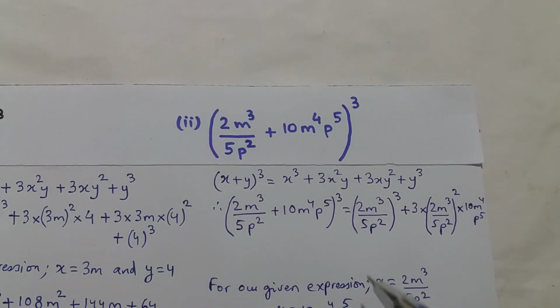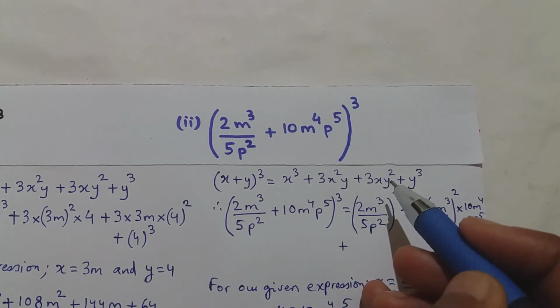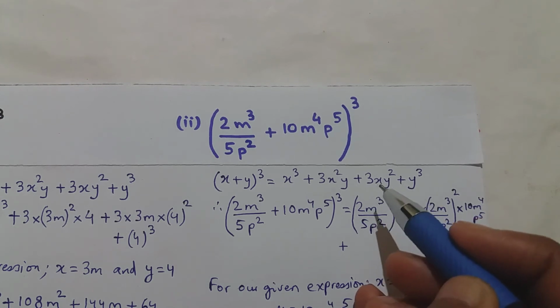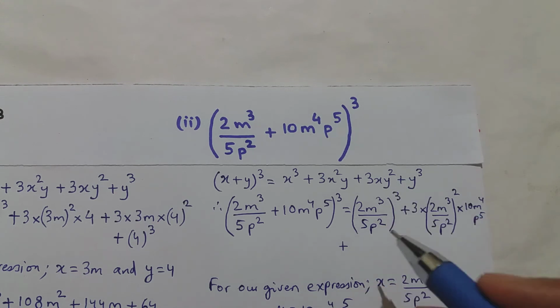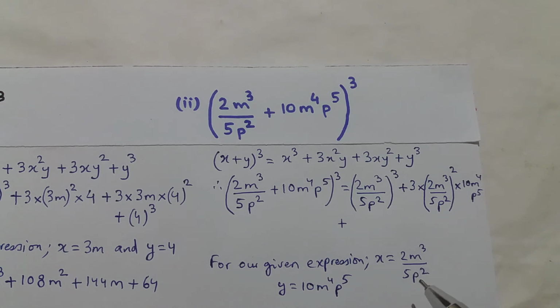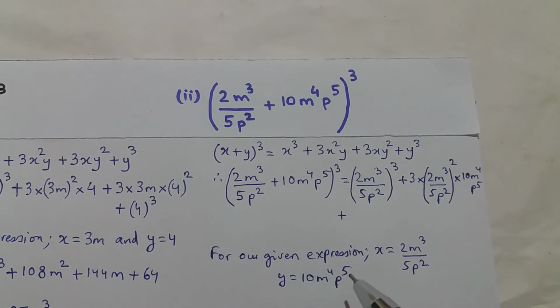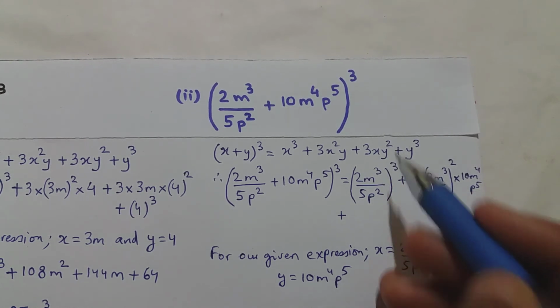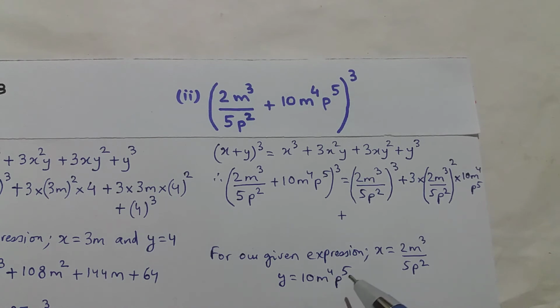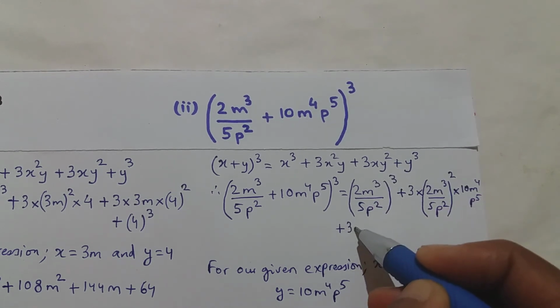Then it is plus 3xy square. Now 3xy square means 3 into x into y square. For our given expression, x is 2m cube upon 5p square and y is 10m to the power 4 p to the power 5. So therefore y square will become 10m to the power 4 p to the power 5 whole square. So therefore 3xy square, I will write it as 3 into